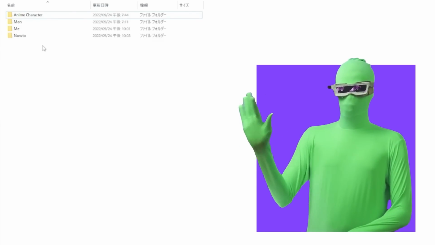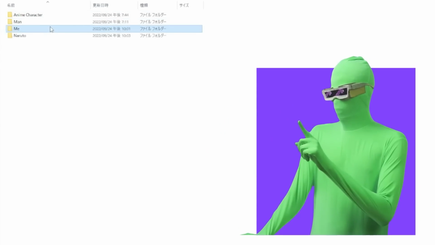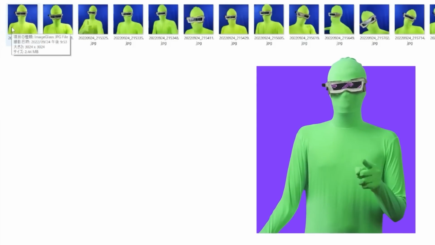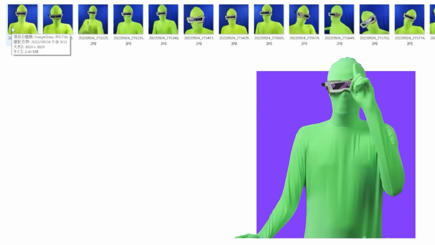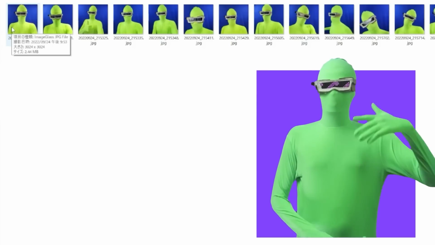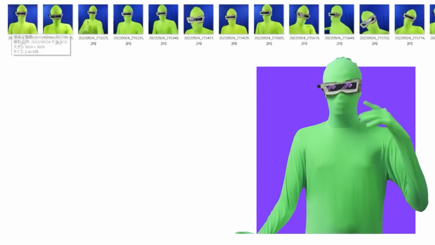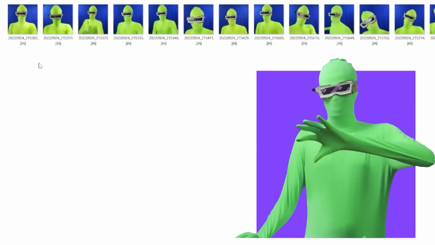So, okay, once you have all your images downloaded and they're in their folders, one thing you want to do is come into your folder and resize your images to be 512 by 512. You have to resize them to be that size. Ideally, when you're taking your photo, you could potentially set it to 512 by 512 initially, but I think that would drop the quality too significantly. You're probably better off just resizing the image after the fact.